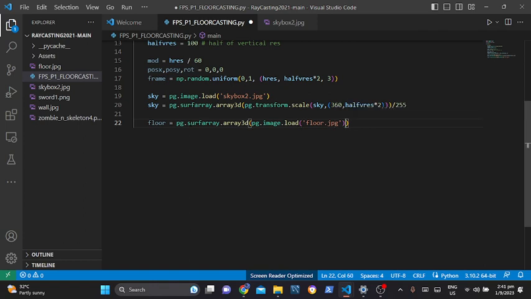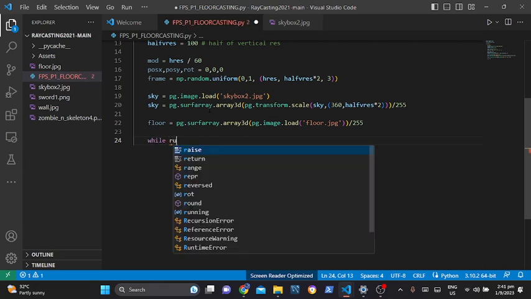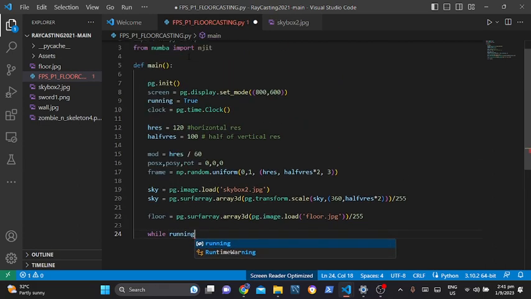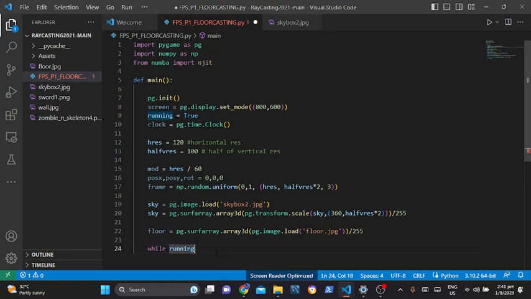And then after that, divided by 255. And that would be correct. Okay, so now after that, we'll need to do something else. So inside the main function, type while running. Now that's why on the top we said running to true. So in my previous videos, if you didn't know, I told you that this variable can help us get more control over our main loop. So while running